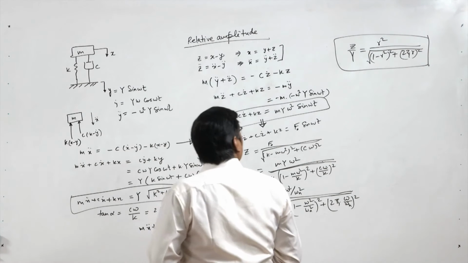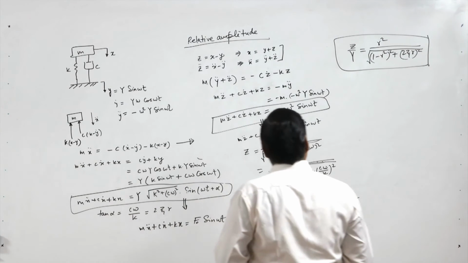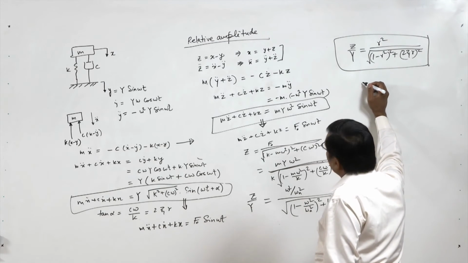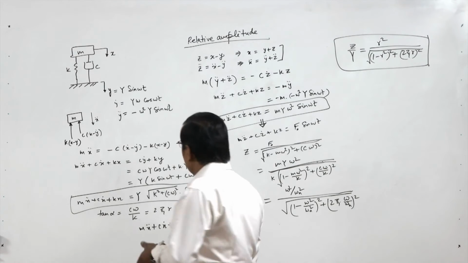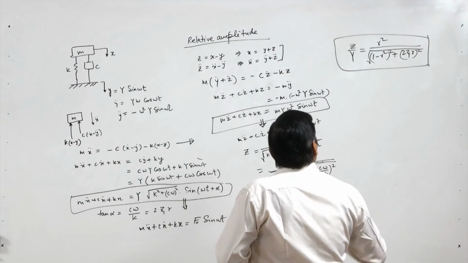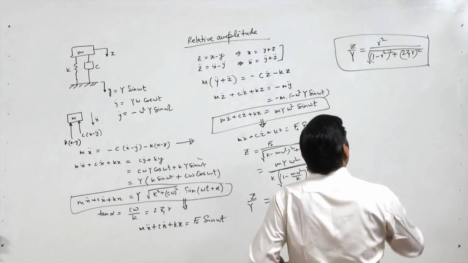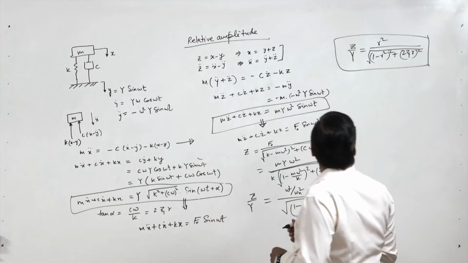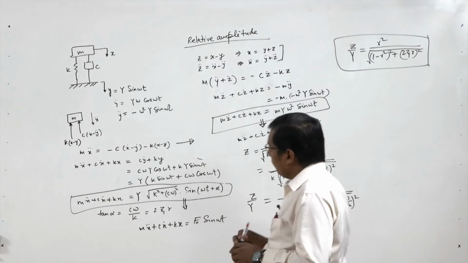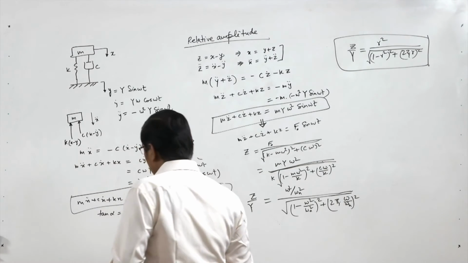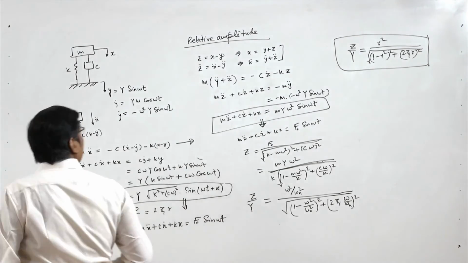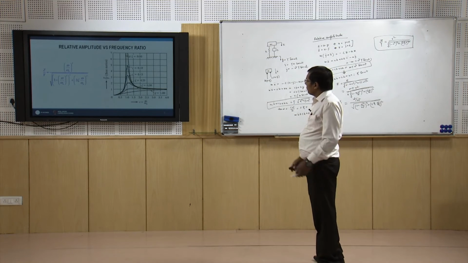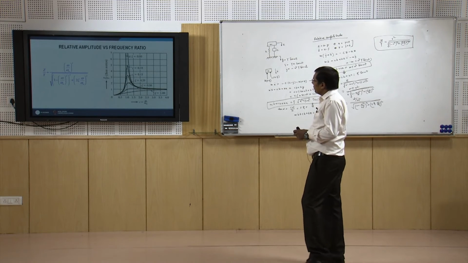Okay, so this is this, and here the phase phi we can get in a similar way. So we see that we have got the relative amplitude of the mass, and this is z by y equal to r square by root of 1 minus r square whole square plus 2 zeta r whole square under root. So we can see this plot of the relative amplitude versus frequency ratio,